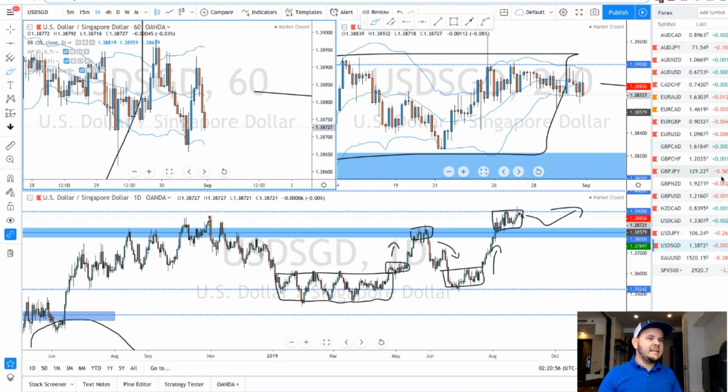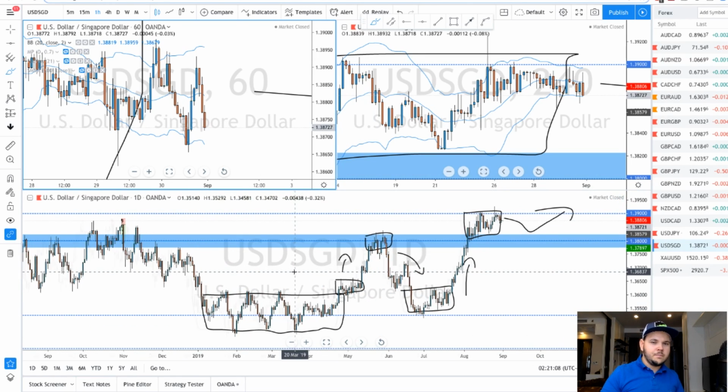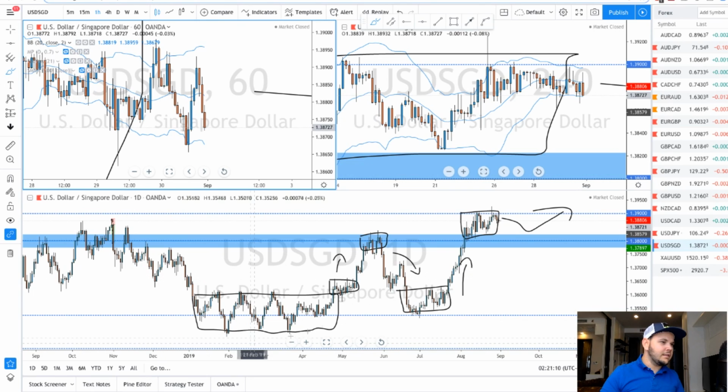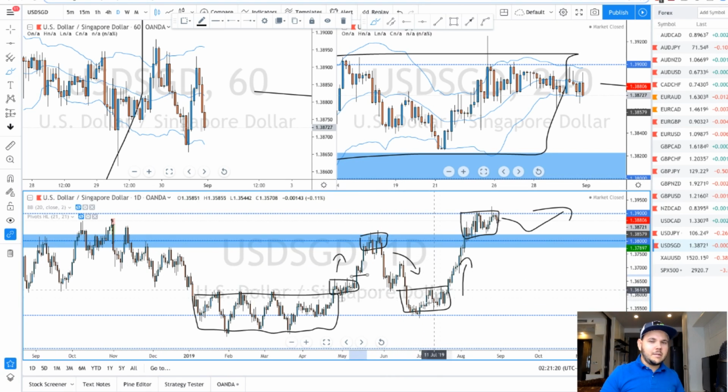USD/JPY. And the last pair I'll look at is over here, USD/SGD. So this pair was really kind of over here back. I'll just take a big picture view. So back over here was a sideways market. We broke, we made another sideways market, broke again, breakout again. Uptrend, sideways market, came back down. Over here we had a downtrend, came back into sideways market, and now break out over here, push back up